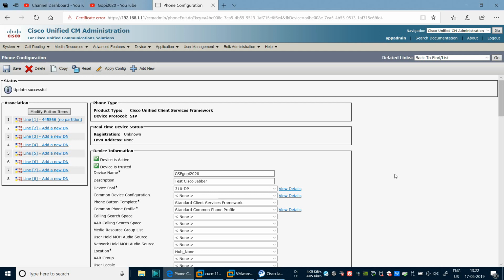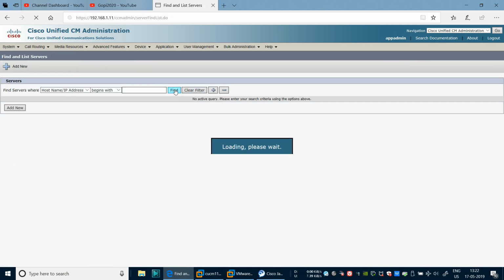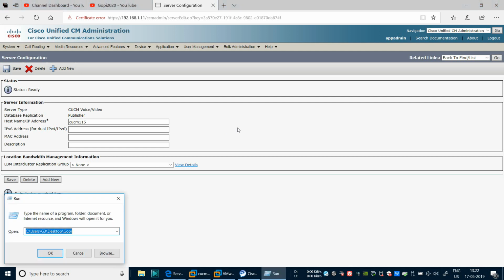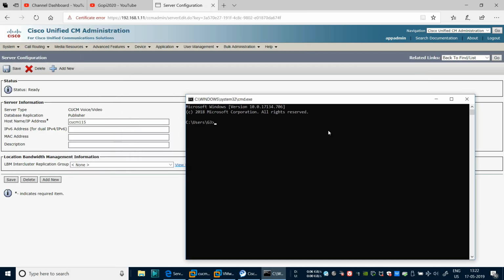Okay, so before this, a quick tip. If you have the call manager host name field entered as an IP address rather than the host name, then the Cisco Jabber will have trouble registering. So change the IP address to host name. The host name I am using here is CUCM 11.5, and that particular host name, when you ping it, should give you a response. If you don't get a response, then you need to update the